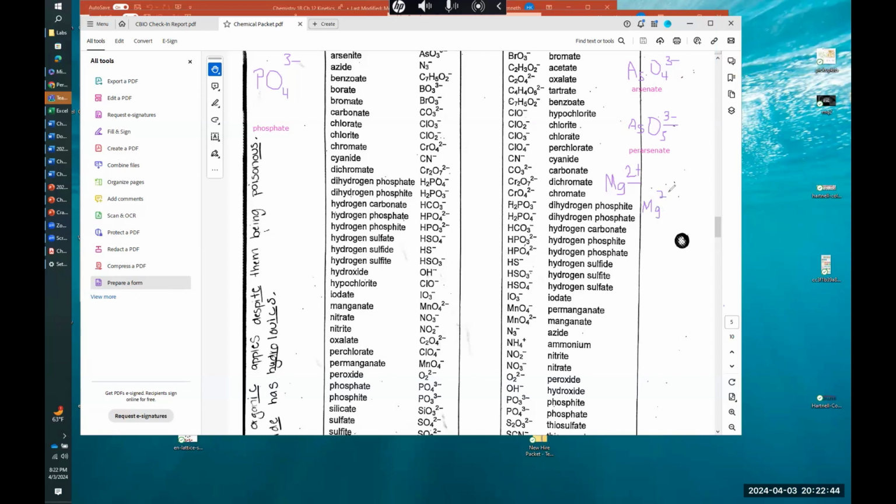Yes, magnesium. And then how many perarsenates am I going to need? It's going to be 2. That's right, because that adds up to minus 6, and that's plus 6. So my chemical formula is going to be